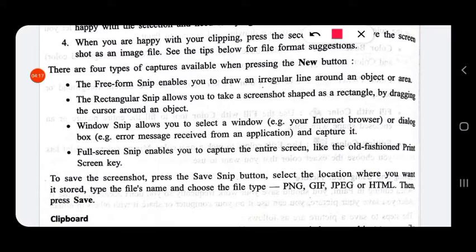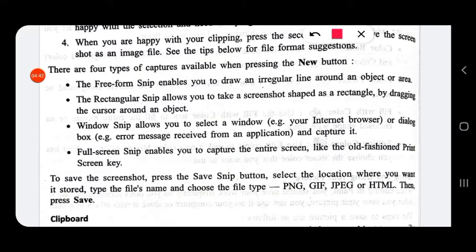Then the rectangular snip allows you to take a screenshot shaped as a rectangle by dragging the cursor around an object.